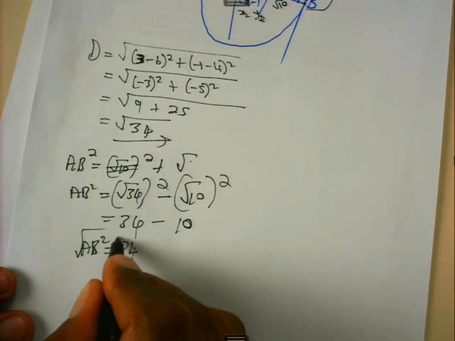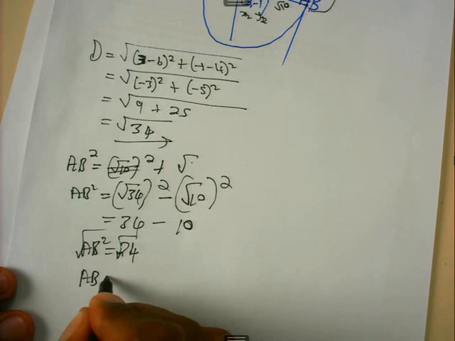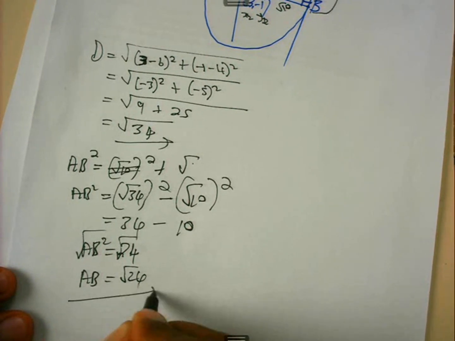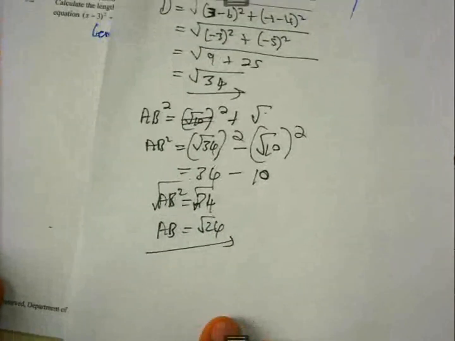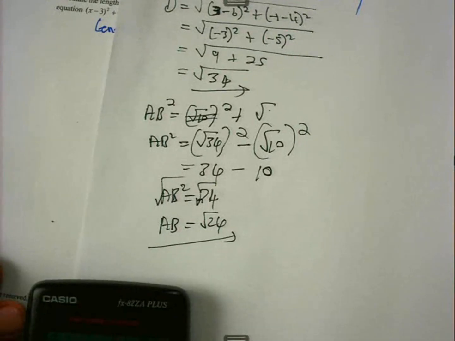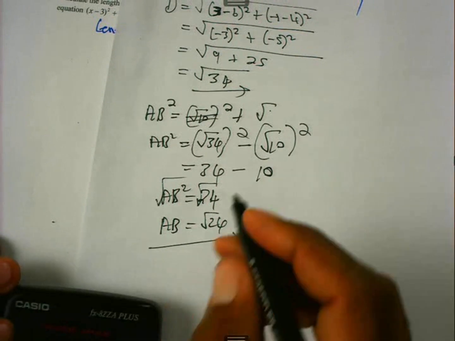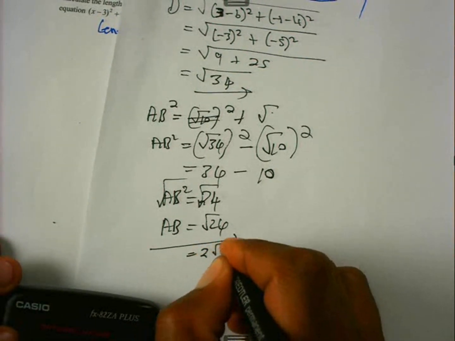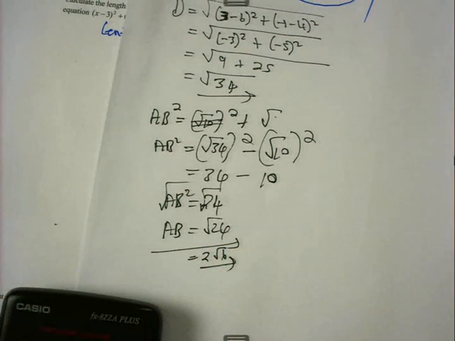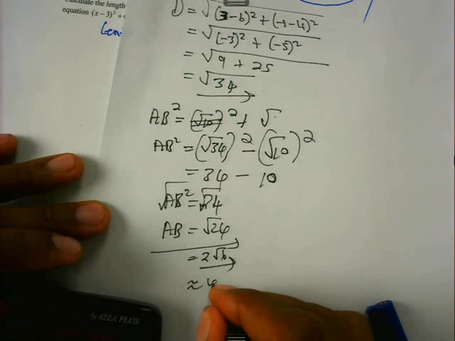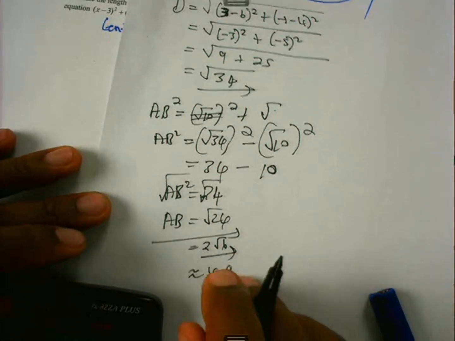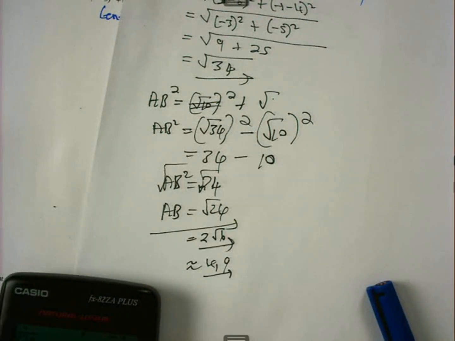Then apply the square root on both sides. AB is equal to the square root of 24. If you use your calculator, the square root of 24 is 2 square root of 6. But when you write it down as a decimal, you will get 4,90. Right, boys and girls, that is question